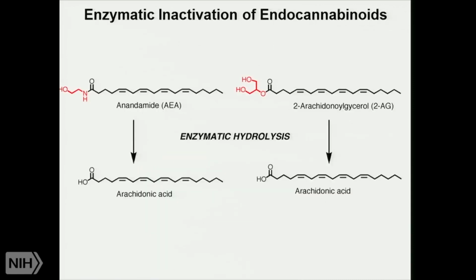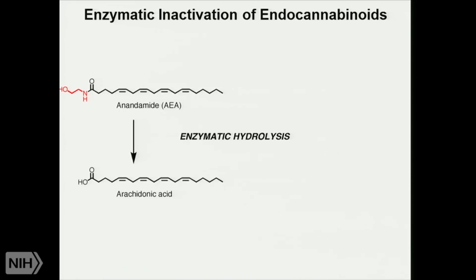So I'm going to focus first on the enzymatic inactivation of endocannabinoids because I think there we have the largest body of research that's begun to inform us in the function of endocannabinoids in the nervous system. And even though the chemistry shown here of hydrolysis of the amide and the ester bond of anandamide and 2-AG respectively is similar, there are discrete enzymes that control that process to generate arachidonic acid. And arachidonic acid, even though it can have its own biological activities, does not act as a CB1 or CB2